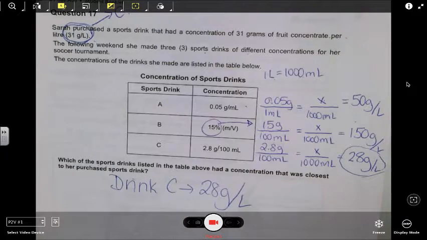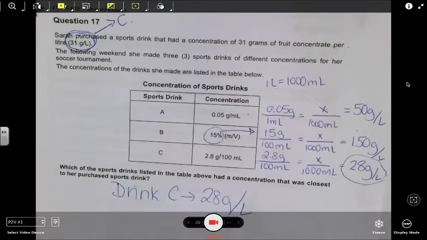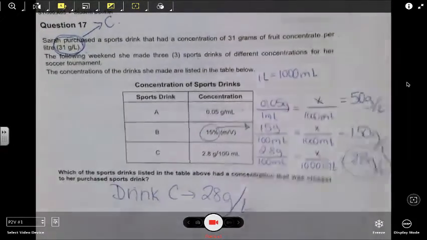Okay? If you guys have questions about any of this stuff while I'm going through, feel free to type in, but also if you're watching this at home later, you can send me an email and just say which question it was. So this was question 17. If you're not sure about this, I can go over this with you again, so just let me know. Okay?